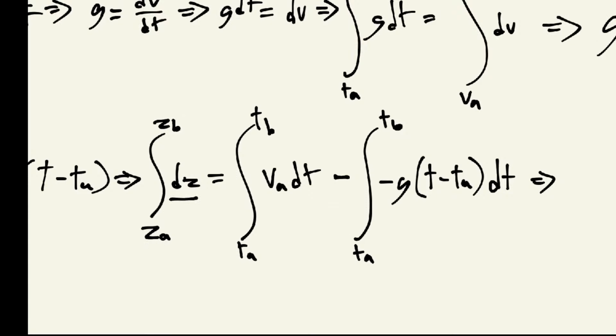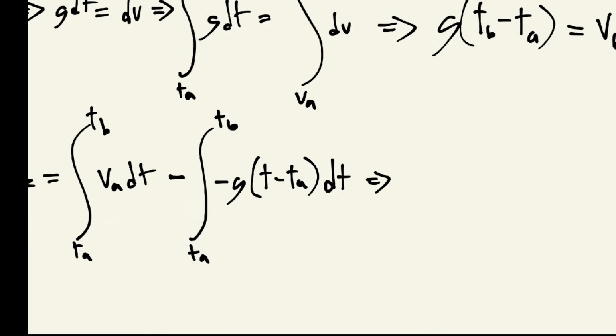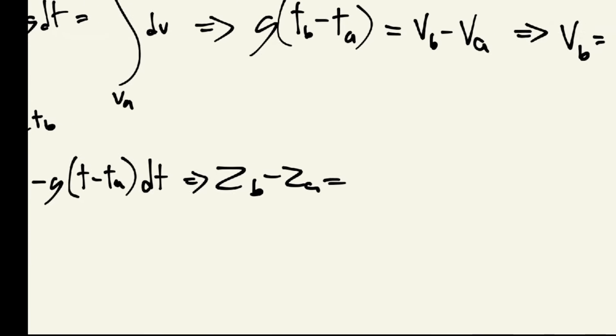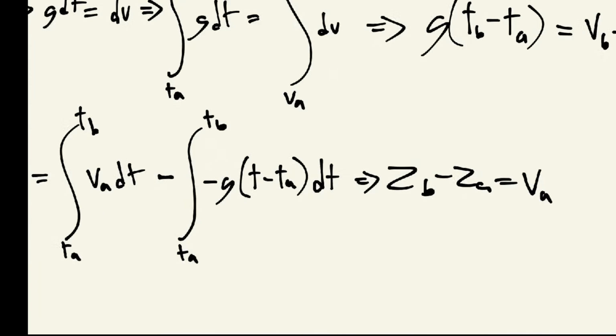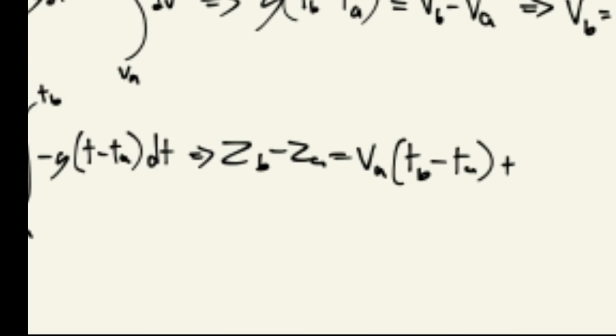dz, the integral is going to be the integral of the other side. So this is just going to be z sub b minus z sub a. Z sub b minus z sub a equals the derivative of this between two times. v sub a is a constant. V sub a doesn't change through time, right? So it's just going to be v sub a. And then dt is simply going to be times t sub b minus t sub a. And then that plus, because of the double negative, plus,